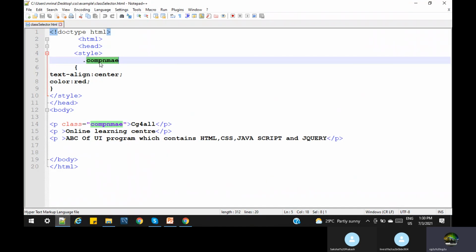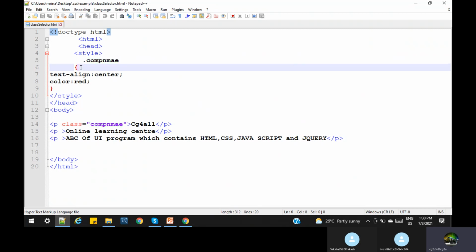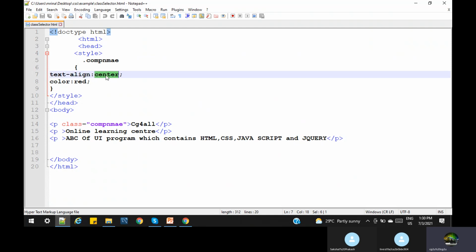So let us consider this is the selector. It maps to the HTML element, and after the selector there is a definition. The definition should be in a curly bracket, and inside the curly bracket the definition contains property and value. The property and value are joined with a colon, and we separate two properties with a semicolon. In general, there is no need to give much space between property and value. Okay, till here that is clear.